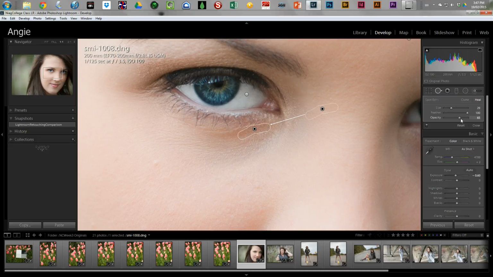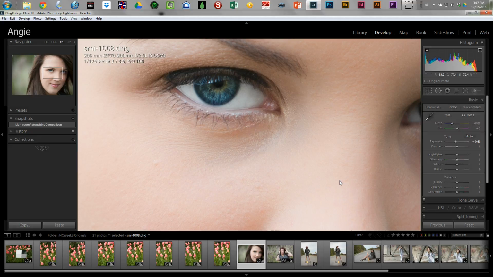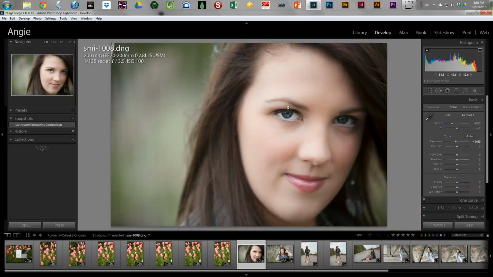And gotta crank up the opacity because it didn't really take care of it that much. And there, that's pretty good. Okay, I'm gonna leave it there for now. Anyway, what I'm gonna do, I'm gonna take a snapshot because this is the finished image and I like it,